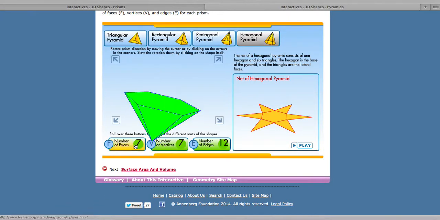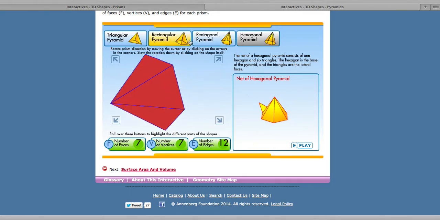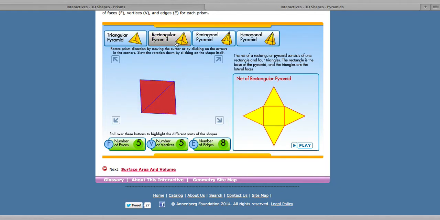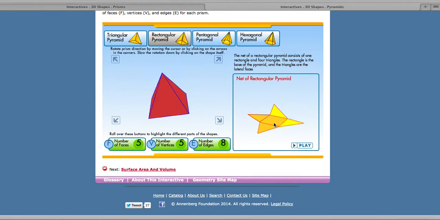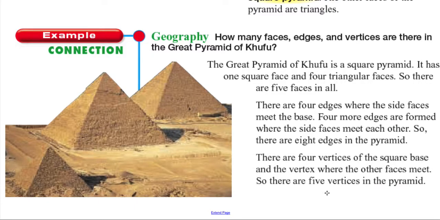And let's take a look at that one. A square pyramid is very much similar to a rectangular pyramid. It actually looks like a square pyramid right here. It has five faces, including the base. Okay, it has five vertices and eight edges, just like our example right here. Okay, so there are four vertices in the square base and the vertex where the other faces meet. So there are five vertices in the pyramid. Okay, and let's take a look at more examples